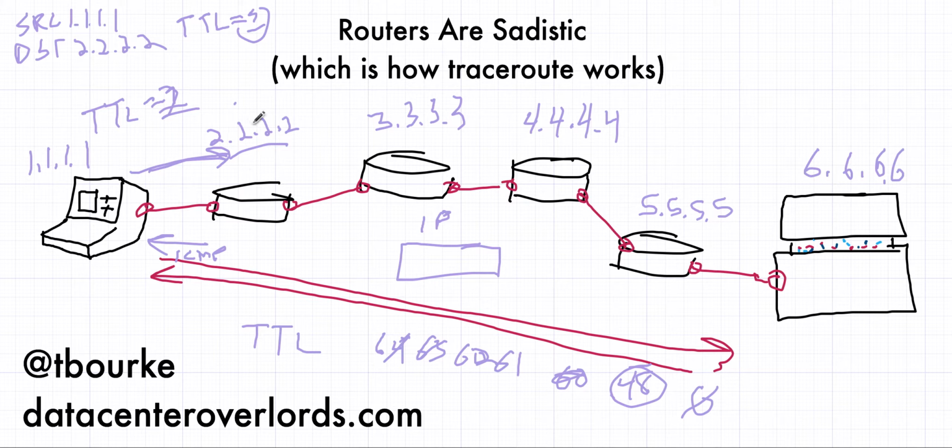But typically, I think with Windows it's UDP, and Linux it's ICMP, or vice versa. Either way, we're sending a packet. We're setting the TTL, whether it's ICMP, TCP, or UDP, whatever. The TTL is in the IP header. So it's in the layer 3 header, not the layer 4 header.